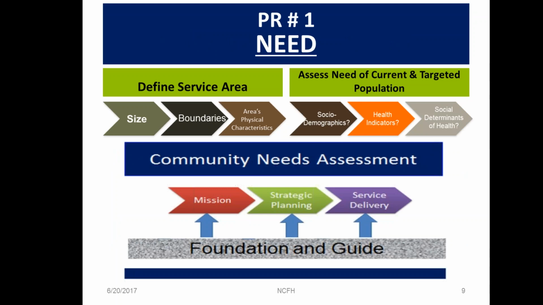So the first category is a real easy one, and I love it because there's only one program requirement in that. But this program requirement, which is called need, is the foundation for the whole process, the application and the implementation. So it should be based, first of all, on mission and strategic planning and delivery of services. And that is the assessment of community needs. And the elements that go into assessing a community's need include the size of the service area, the boundaries, and the physical characteristics of that